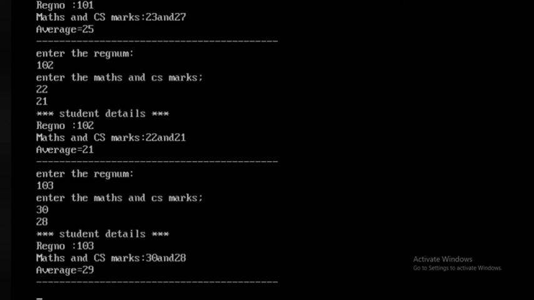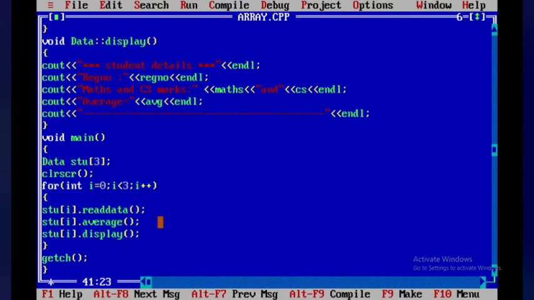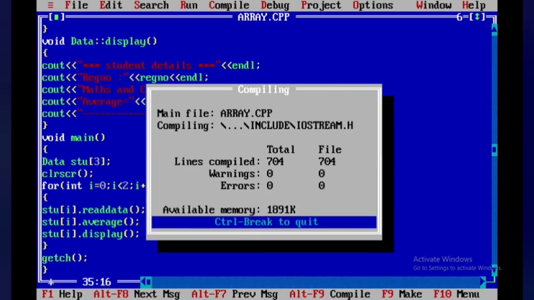Okay, so if it is 2, this indicates you can take up to 3 student values here. So this indicates the size. If the condition is 2, then it's going to ask the details of only two students.